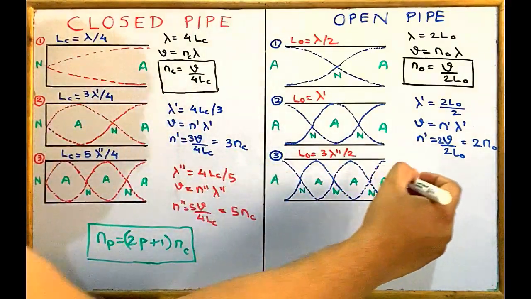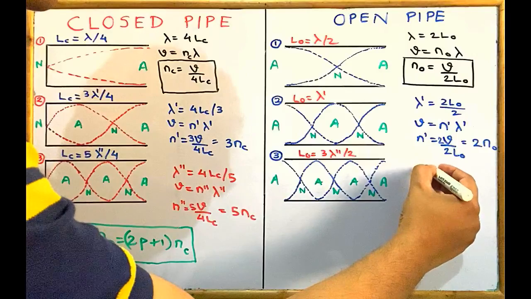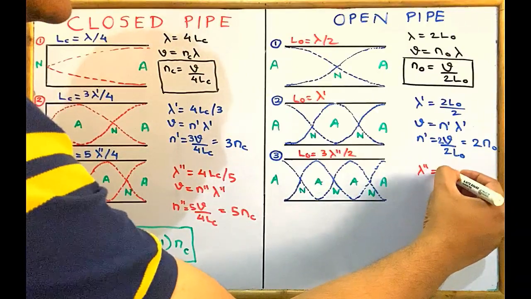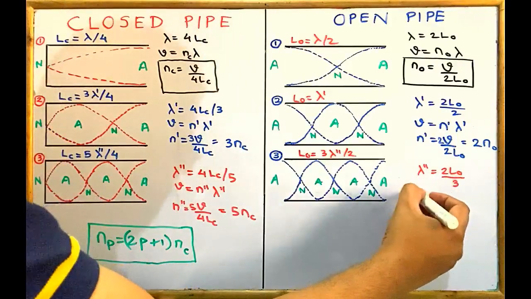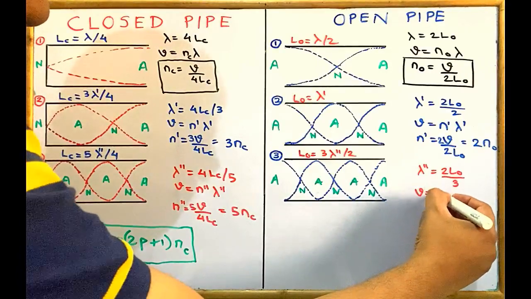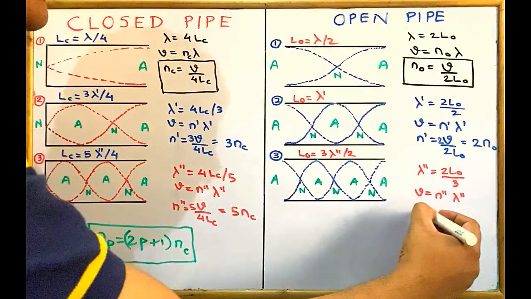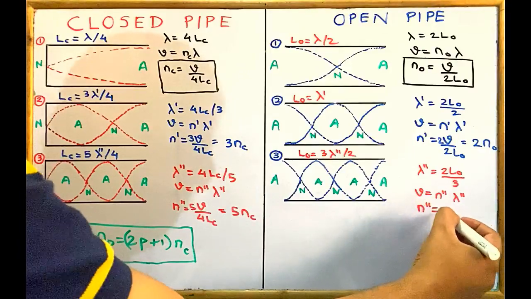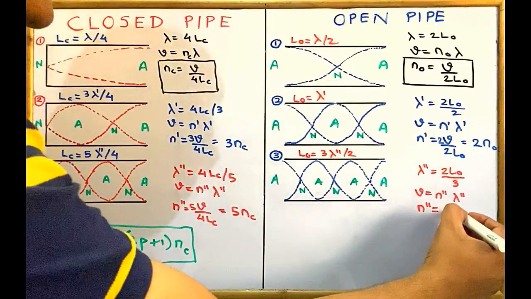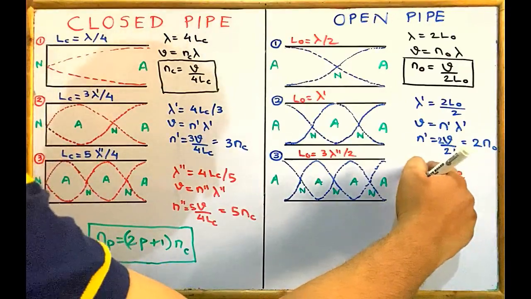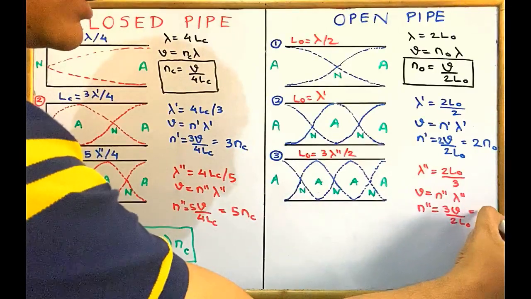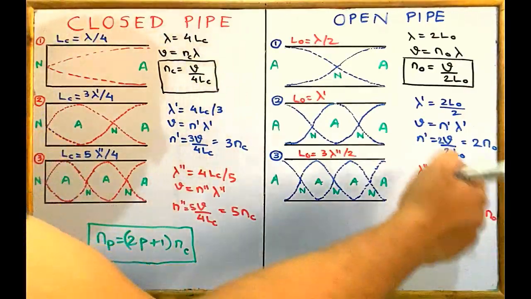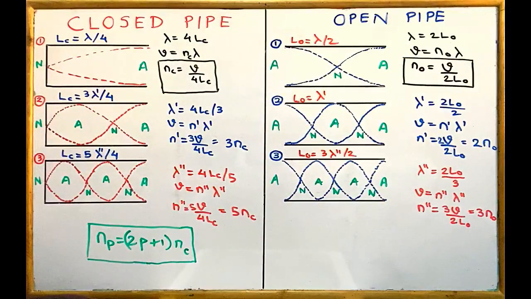And if I move on to the next case, I have lambda double dash now. How much is that? It is 2 LO upon 3. So if I use this, I'll get same V is n double dash lambda double dash, or in other words, n double dash is going to be V upon lambda double dash, but lambda double dash is 2 LO upon 3. So I am getting now 3 times NO. So I got the fundamental, I got the second harmonic, I got the third harmonic, I'll get the fourth harmonic,